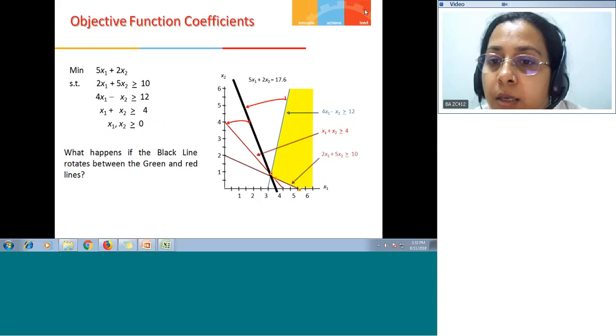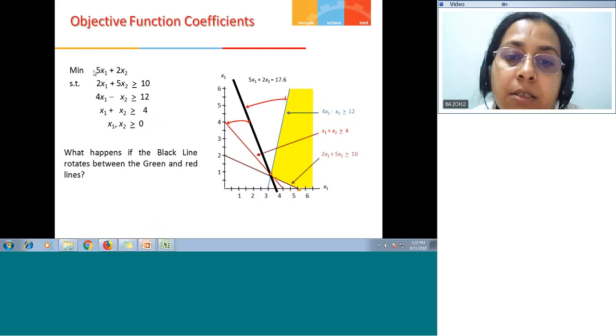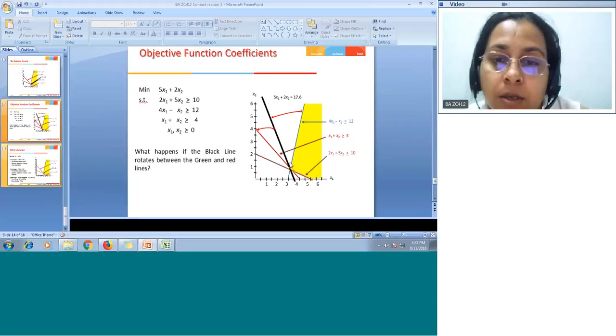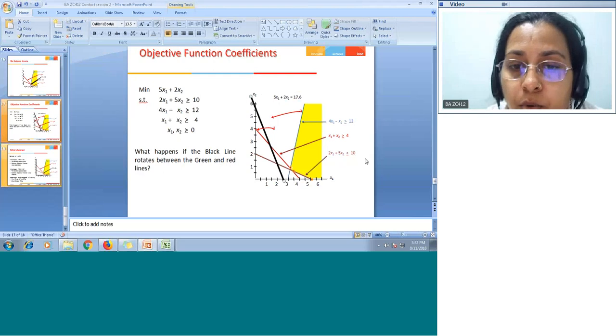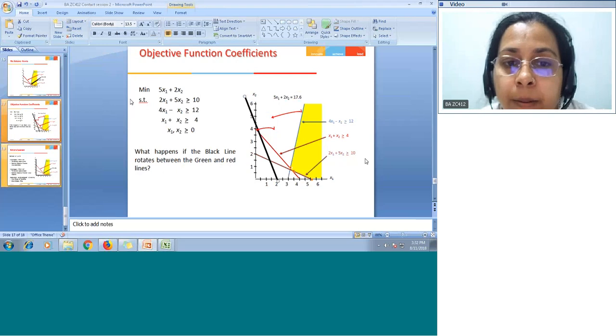Somebody is asking that, okay Atul, where the dark line is coming from. Okay, dark line is the line 5x1 plus 2x2 equate to some constant c. First, initially we have taken it as constant c. Okay, so if I take it, suppose like this, okay, so x1 is 2, that means equal to 10. If I consider 5,